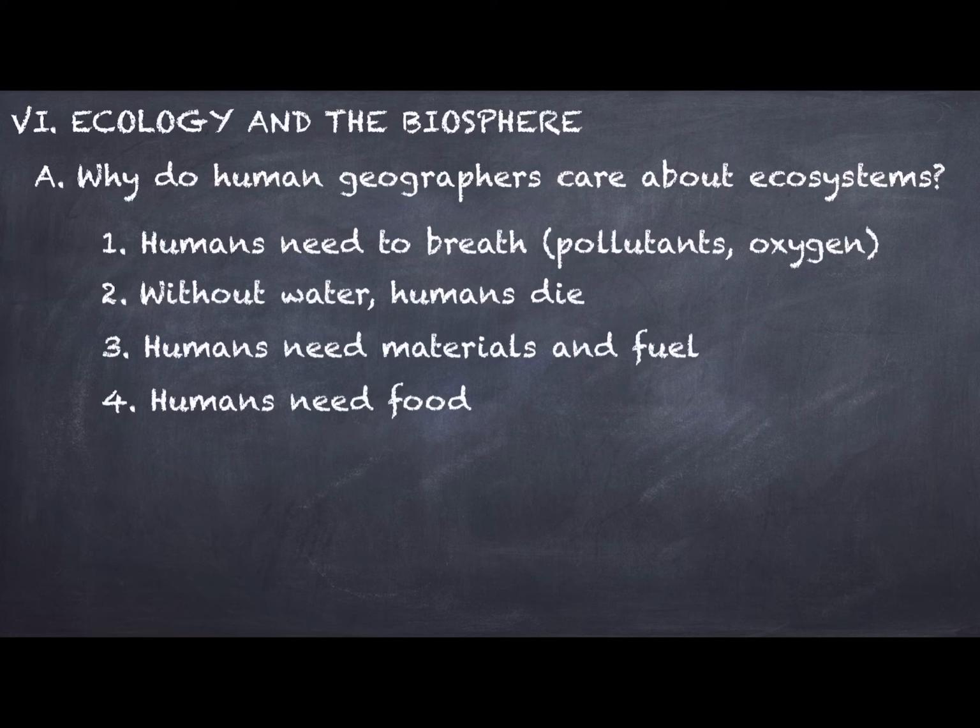So that's why human geographers would be very, very interested in the biosphere and how that works. Here's an example. What's an example of how human actions can be sustainable, but also, on the flip side, how humans can affect the ecosystem, the biosphere here on Earth and the Earth's surface? Well, farmers are a big culprit of this. Farmers definitely affect the biosphere, the Earth's surface, positively and negatively.